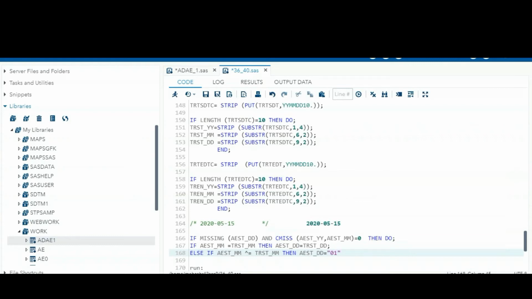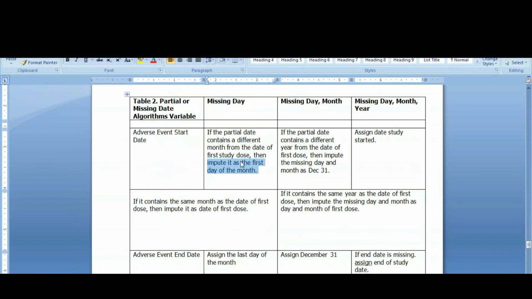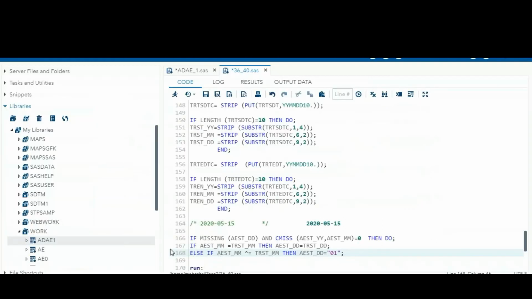The first day of the month we have to put. That is the rule they are giving. If you see carefully, if the partial date contains a different month from the date of first study dose, then impute it as the first day of the month. So only if it is a different month do we replace it with the first day. If it is the same, we can take the day part from the treatment start date and replace it.